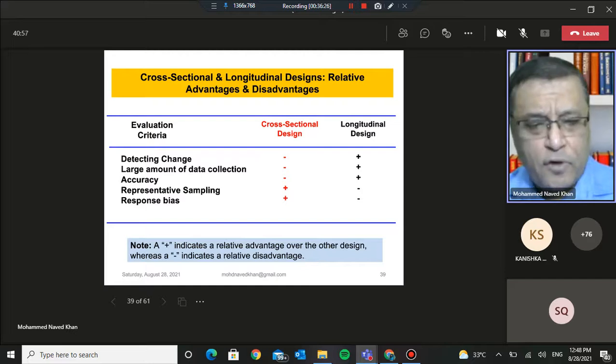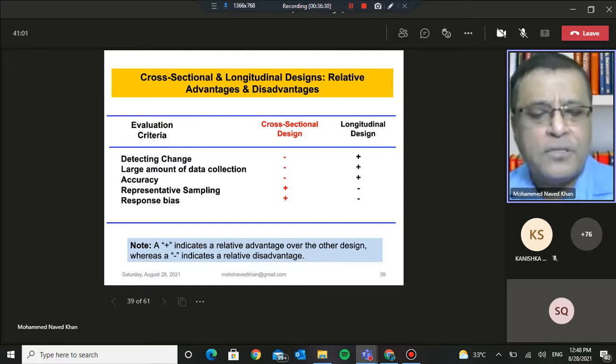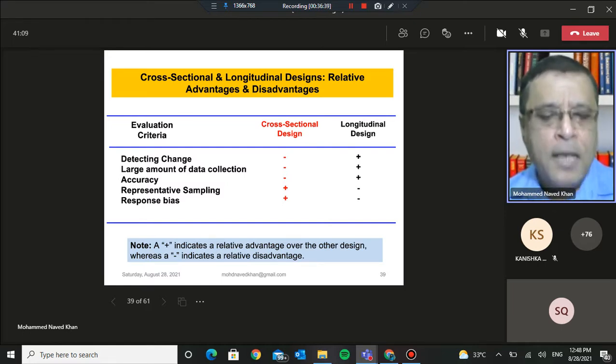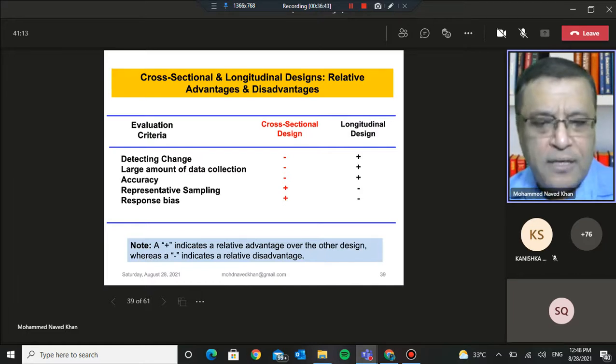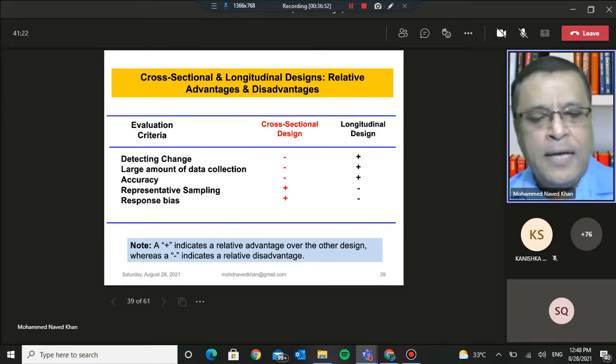So in case of cross-sectional design, I could not have administered the questionnaire on you beforehand. Why? Because in case of cross-sectional design, you were not fixed. I had no access to you earlier. I will be drawing my sample afresh each time I administer it, whether I'm going in for single cross-sectional design or multiple cross-sectional design. Whereas in case of longitudinal design, I can provide the questionnaire beforehand, and that is why there is less reliance on memory, and that is why we say that the data which is emerging is more accurate.